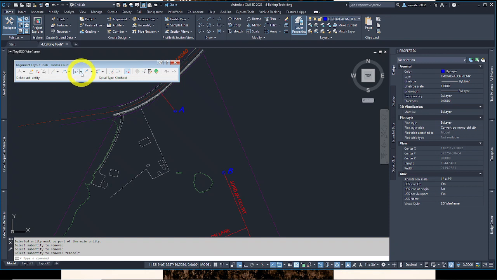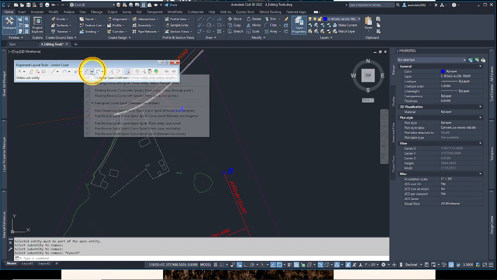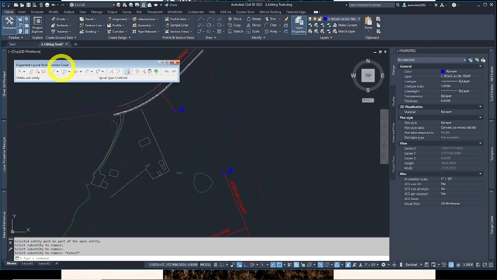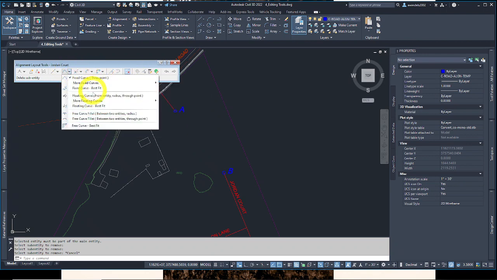We're going to go to the curves. These are our spiral options, and here various floating line with spiral. These are different curves and spiral options. These are just different curves. We're going to go to more floating curves, and we're going to go to floating curve from entity end